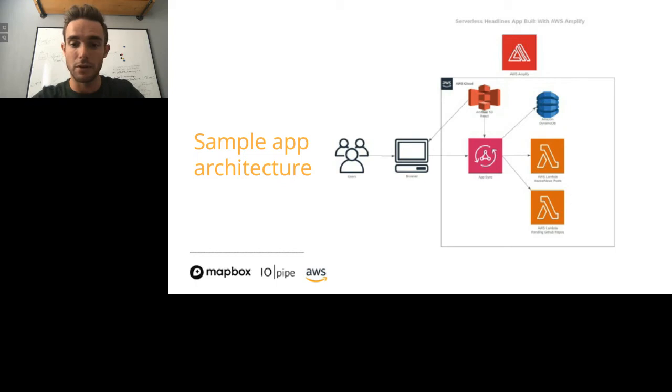Some of the pain points when developing JavaScript front-ends with serverless back-ends is that you end up with two different code repositories, basically creating two different applications. That makes it very hard to sync changes between the two, especially when you're handing off different versions or different environments like dev, staging, and production. Often there's also a fair amount of boilerplate code involved to just set up a basic CRUD interface for maybe a DynamoDB table. It could require the same 100 lines of code to implement the REST API over and over again.